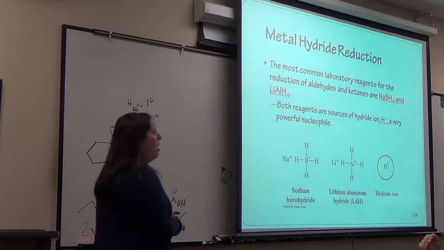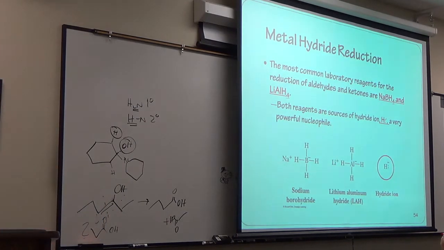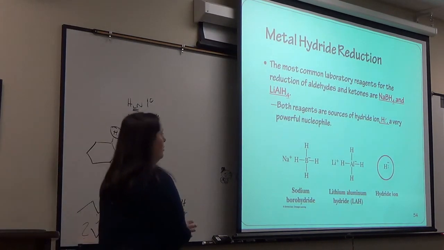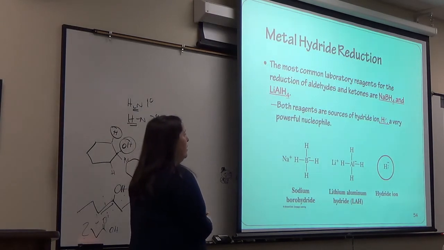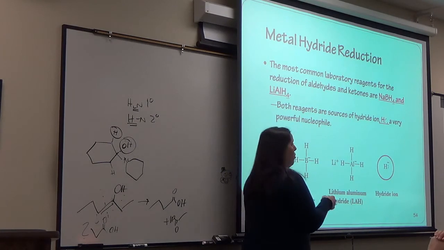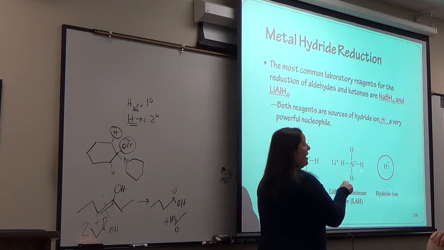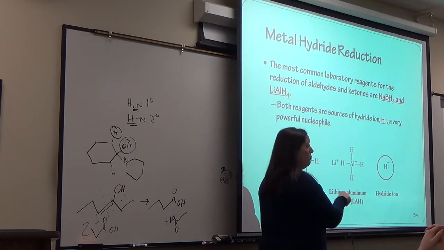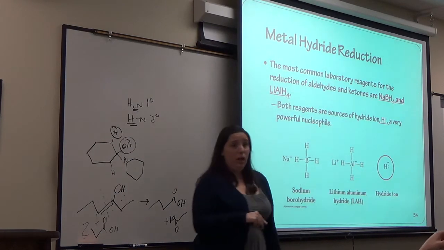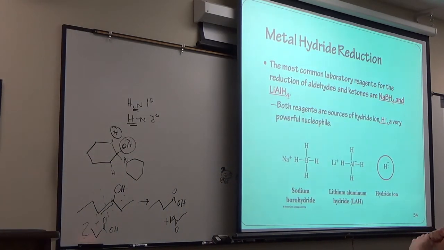So the two most common reagents for this are the ones that produce the hydride ion, and those are lithium aluminum tetrahydride and sodium borotetrahydride. So they're NaBH4 or LiAlH4. And again, the whole point here is that both of these can release a hydrogen as a hydride, not as a proton, H+, but as an H-. And that's really the key. That's a powerful